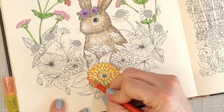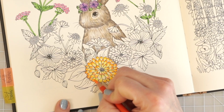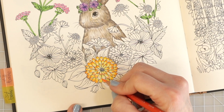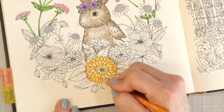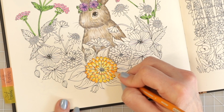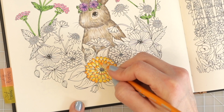Okay, so over here on this side is where the flower is quite a bit darker. So over here is where I may need to grab another color and come back in and add a little bit more of something. Now I have my yellowed orange, and I'm just going to add a little bit of this in here. I'm using this just to pull this down just a little bit where I added that orange to blend it into those other colors so that we can get a nice smooth blend on all of these